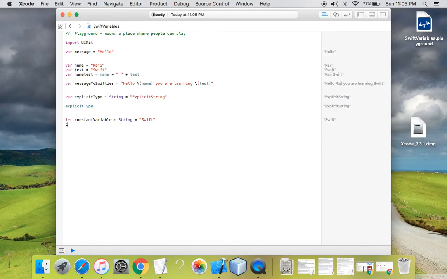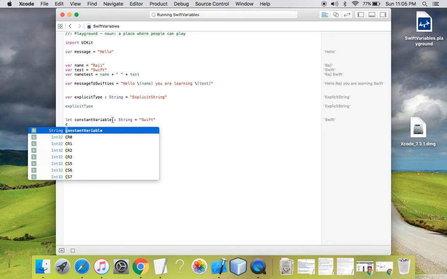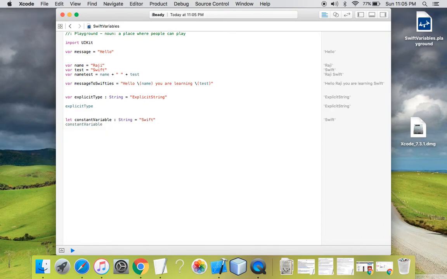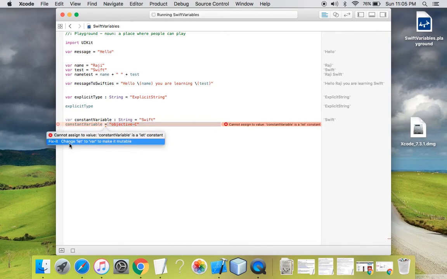Now my constant variable is a constant, which means I can't change its value at runtime. For example, if I have created a constant variable and assigned it a value of Swift, and I try to assign it another value, it will throw me an error. Let's see. Now I'm trying to assign my constant variable another value, Objective C. It is showing me an error indicating to change let to var to make it mutable.